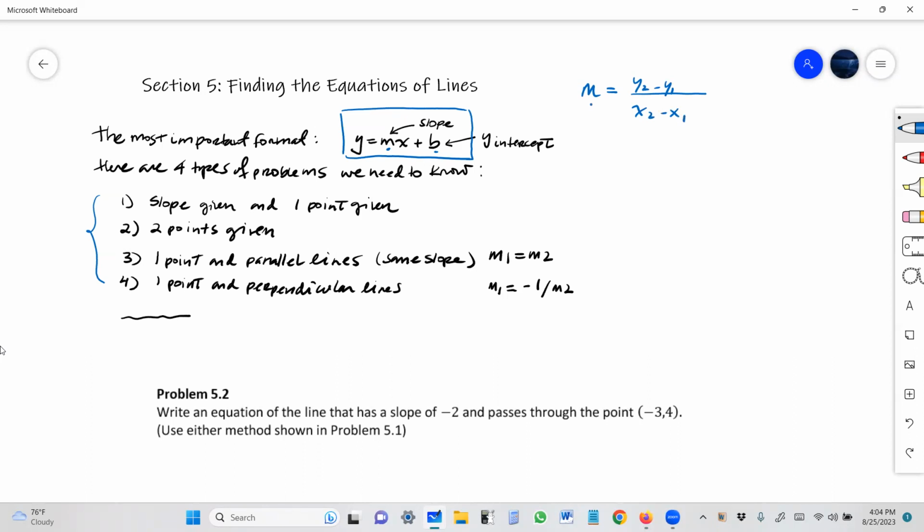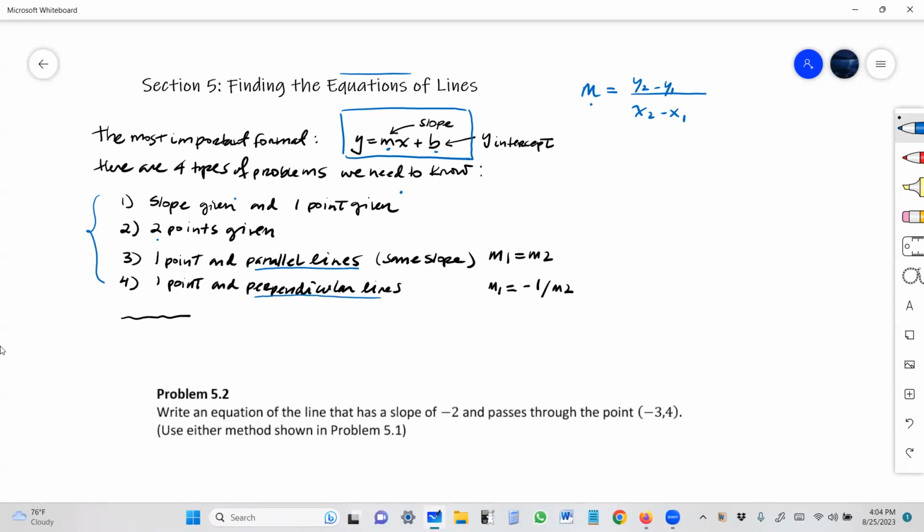So this is slope. The 4 different types of problems that we're going to see, and these are the only 4, is that we may be given a slope and a point, and we need to find the equation of the line, or we are going to be given 2 points, or we're going to be given 1 point and information that our line is parallel to another, and we're going to be given 1 point and that our line